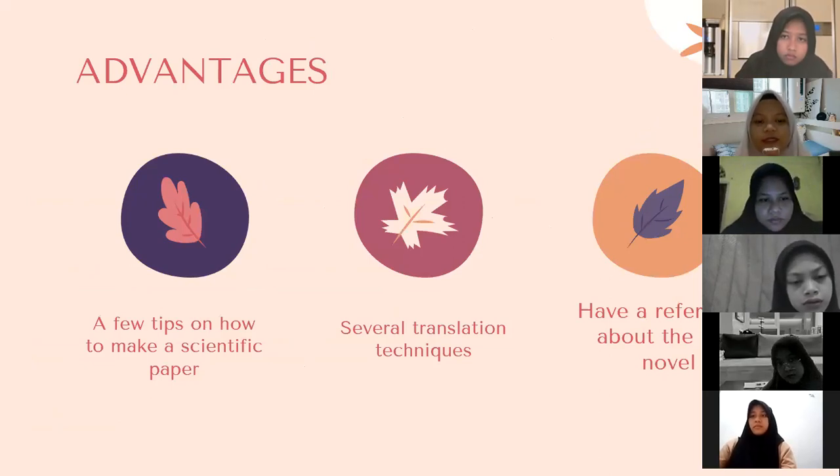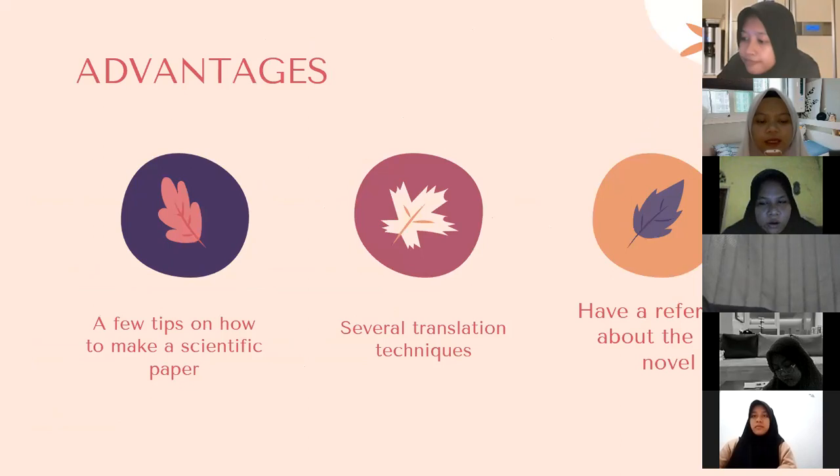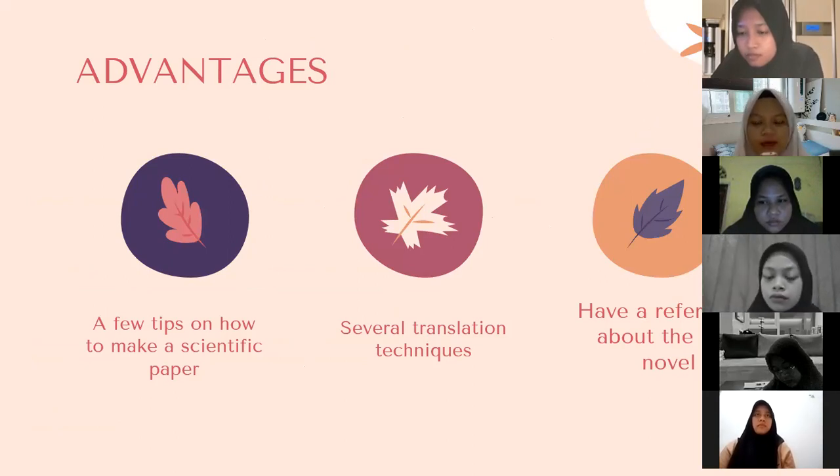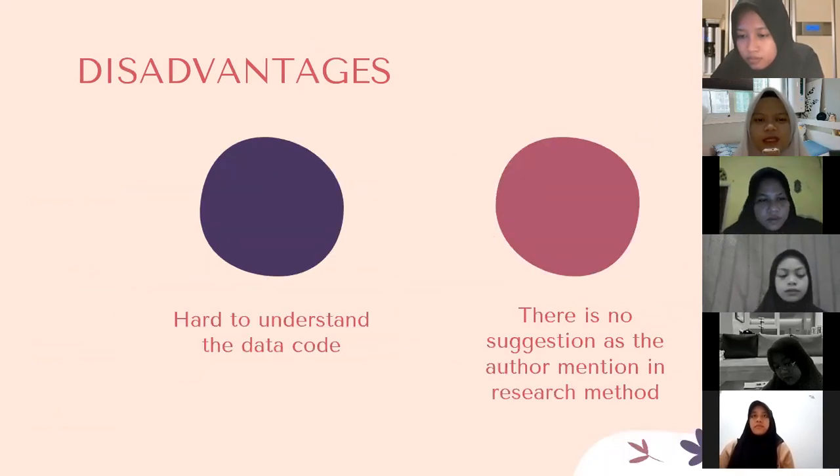The next is advantages. The first advantage is the reader can know a few tips on how to make a scientific paper. The next is several translation techniques. The last advantage is have references about the novel. The next is disadvantages. There are two disadvantages. The first is hard to understand the data code, and the second is there is no suggestions as the author